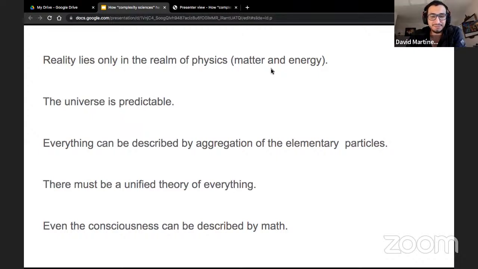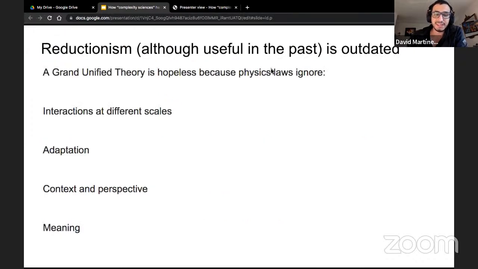So the reductionist scientists think that even a phenomenon like consciousness can be described only by math. And I say that reductionism, although useful in the past, is now outdated.